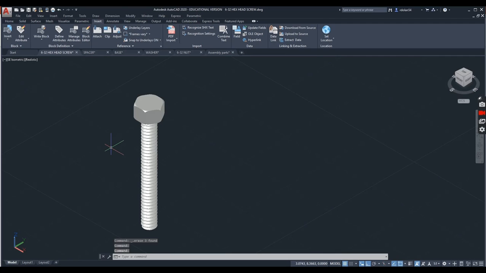What we're going to do is create, or learn how to create, an assembly drawing. We're going to take those four or five parts, put them together, and make an assembly drawing. One of the nice features in AutoCAD is that we can assign